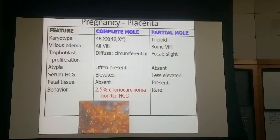Okay. Another thing super highly tested is the moles and the differences between them. So you need to know the difference between a complete mole and a partial mole. So the complete mole is going to be 46XX or XY. Partial mole is triploid. So the complete mole has a lot more trophoblast proliferation. It's much more likely to have atypia, and the serum